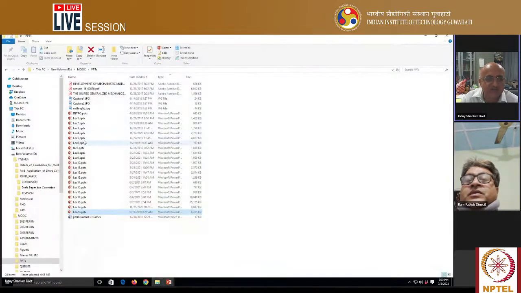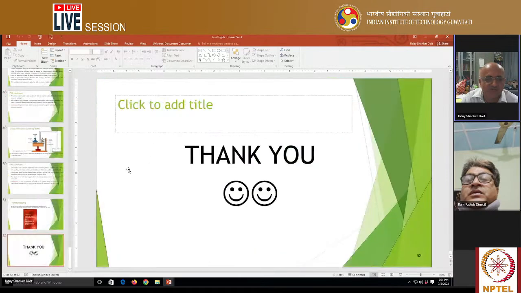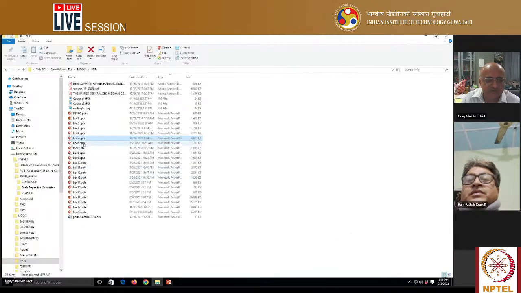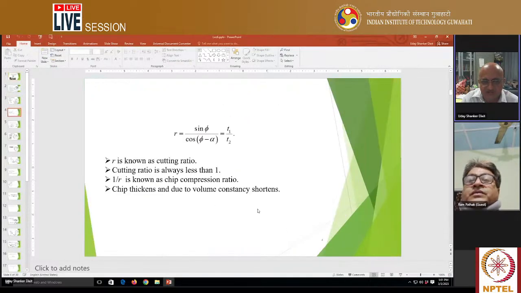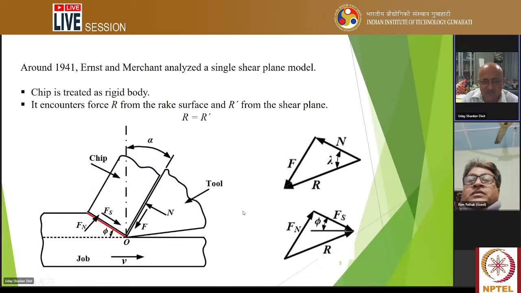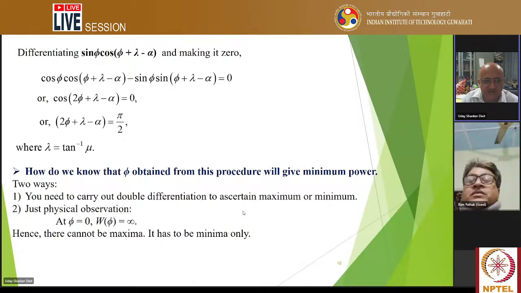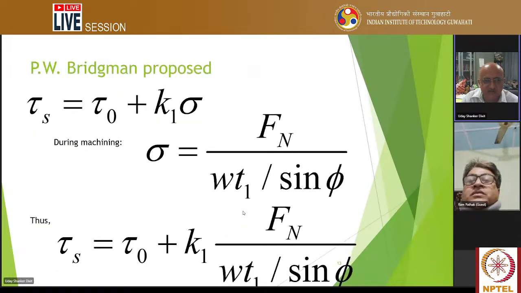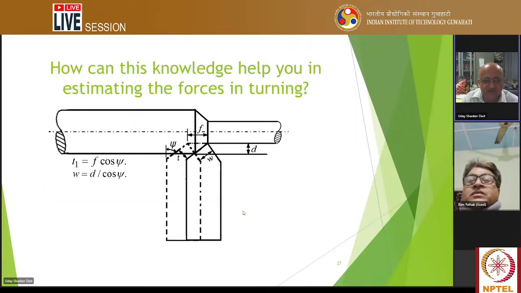I think I have described this also in the lecture 5 video, it was conversion of tool angle. Let me just show you that. This was lecture 6, mechanics of orthogonal cutting. Cutting ratio: you see that here you roughly get T1 by T2, the merchant circle diagram, and it agrees with the numerical example.